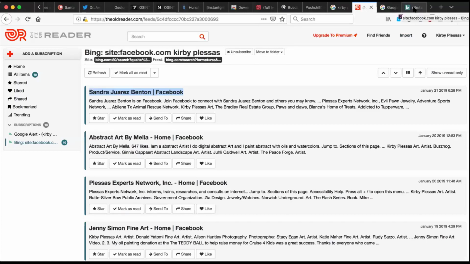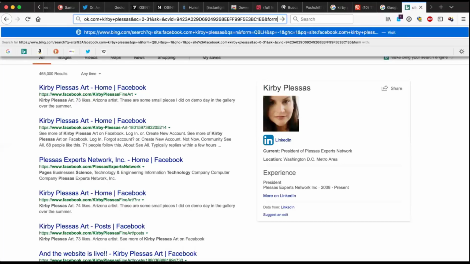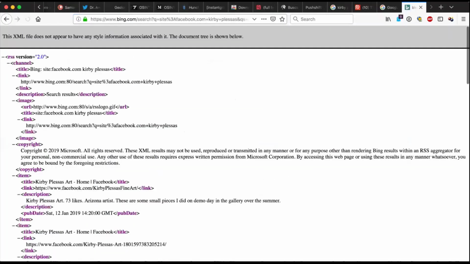But if you have an RSS reader like NewsBlur, for example, or Outlook, neither of those can handle the Bing RSS and find it themselves. So you go to the end of your Bing link and you turn it into an RSS feed. It'll just turn into XML for you if you add &format=rss. That turns it into the XML file, and then you can throw that right into any reader. Any reader will take that.